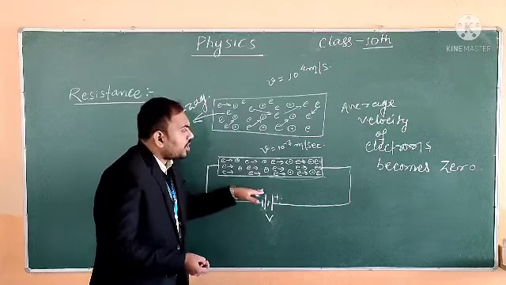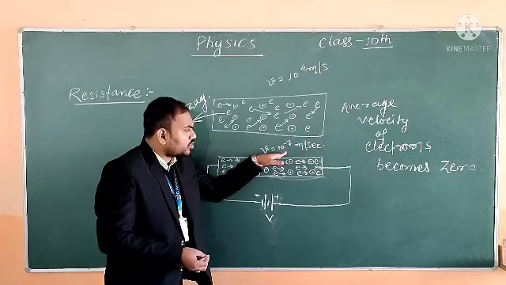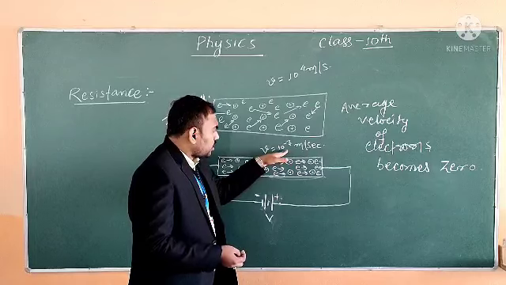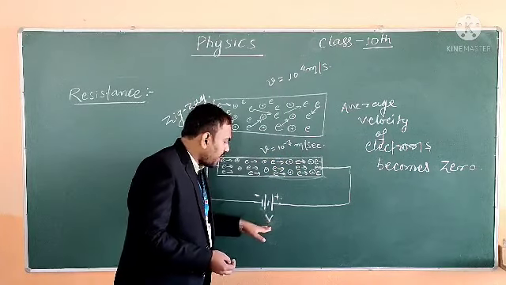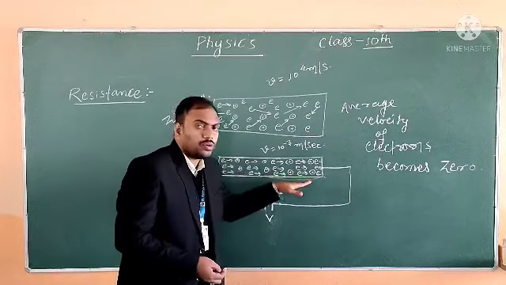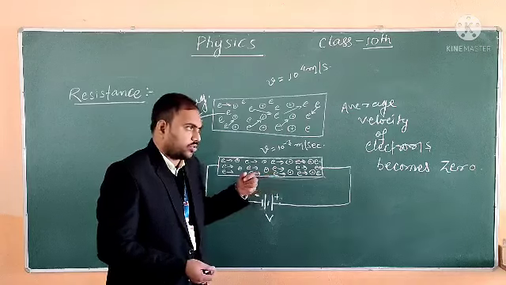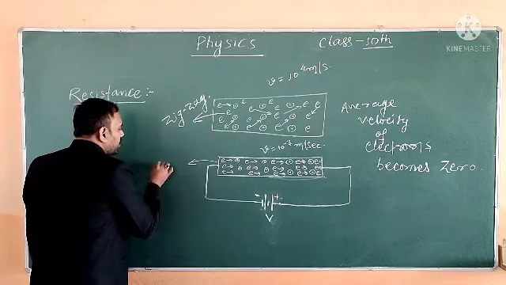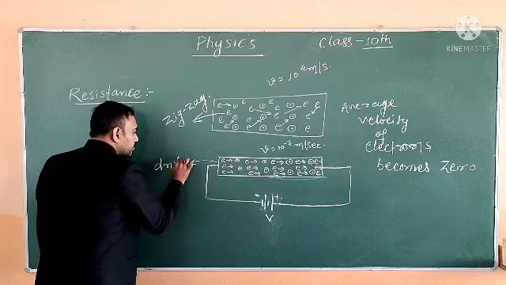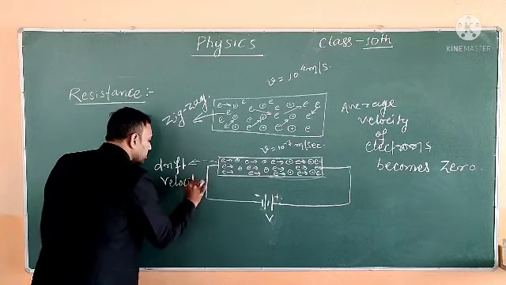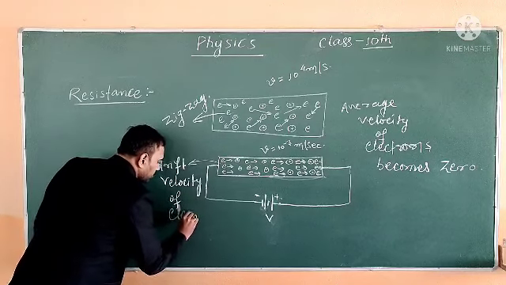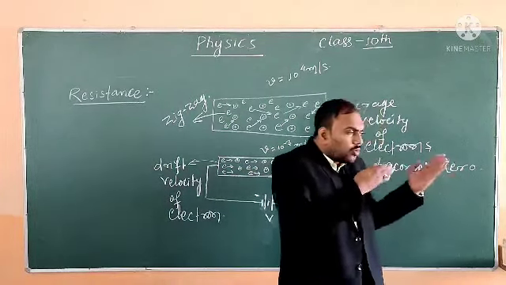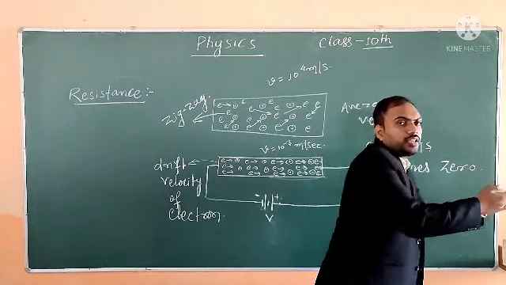What happened? Now the velocity has decreased to 10 raised to minus 3. Here the velocity was 10 raised to 4. Though the speed is very low, by applying the potential, current will flow because of the drift velocity of electrons. Here the velocity of electrons will be called drift velocity. A large amount of electrons are moving in a cube very slowly,